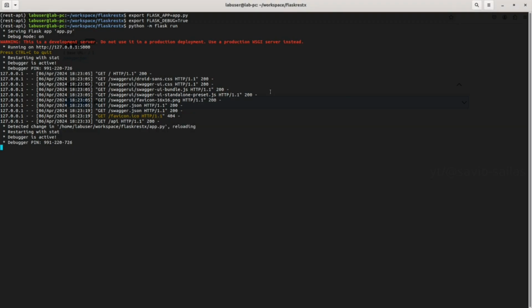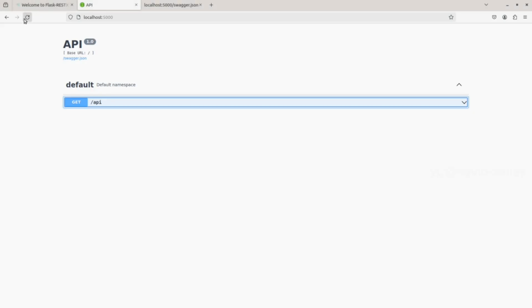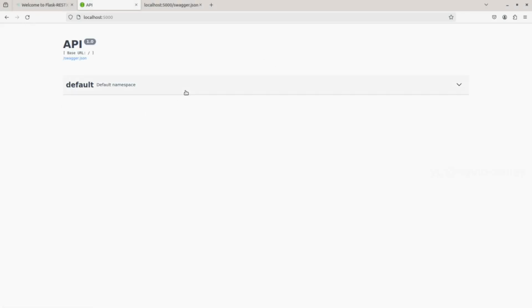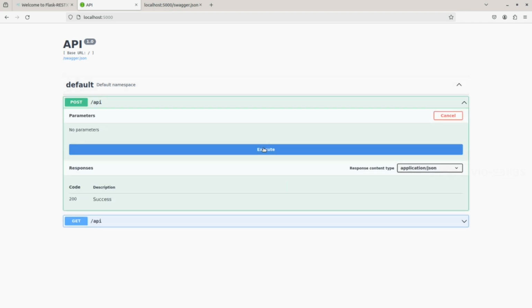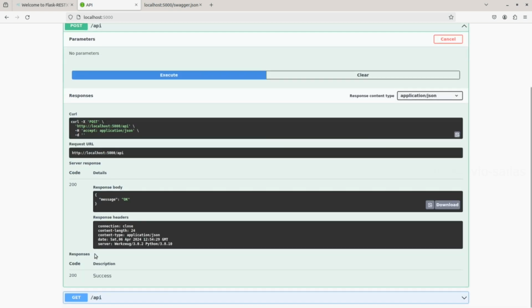Okay, if we go to the terminal, you can see it's restarted. Let's refresh the page. Yeah, now we have the post function. And try it out, execute. Yeah, that's for